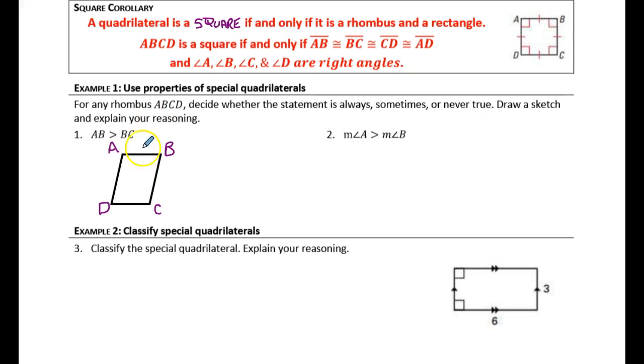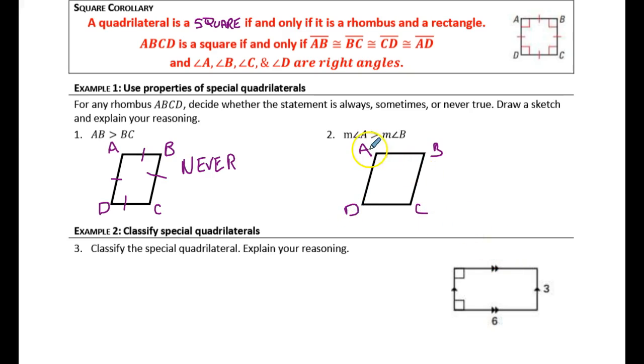Well, if we have a rhombus, then by definition, all of my sides must be congruent. So therefore, this would be never. AB is never going to be larger than BC. All right. This rhombus, I've got A, B, C, D,